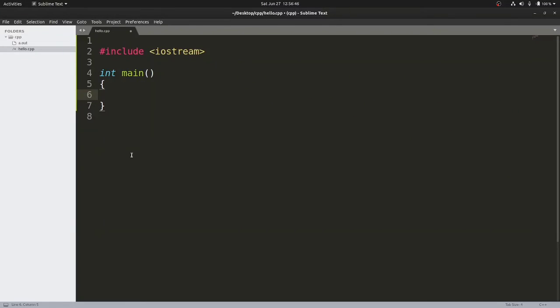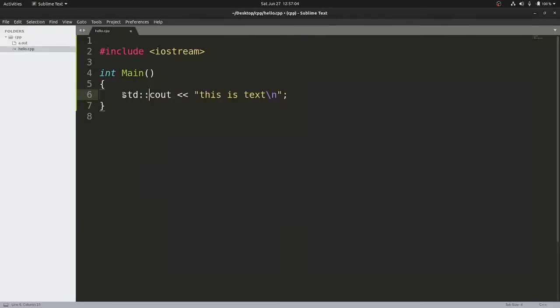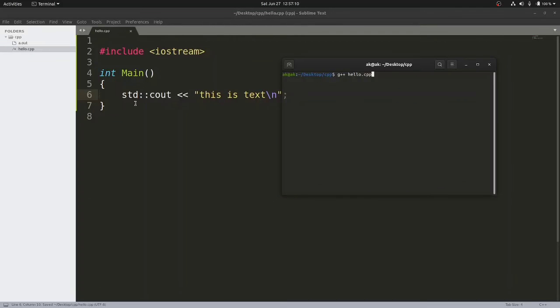Now there is one more thing that you should understand. If I write a capital M here, then what happens? Let's see. Here I am writing, this is a text \n. Now if I save it and recompile it, it says cout is not present in the standard namespace, so I will put std:: that is the scope resolution operator, save it again and recompile it.